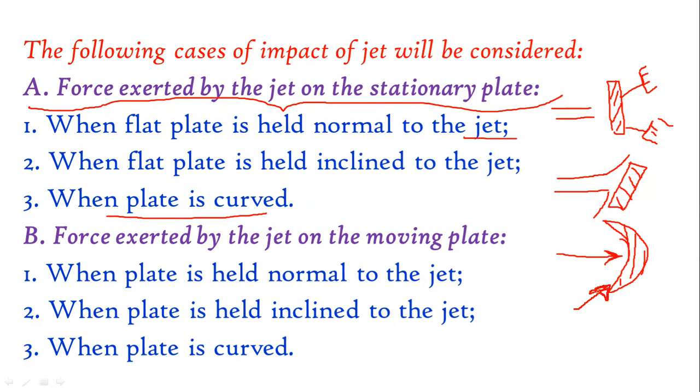The jet struck the plate tangentially on one end and it exited from the other end. And in the second case, we considered that this curved plate was symmetrical. That means if we draw a line through the center, then the dimension of the curved plate above this center line will be equal to the dimension of the curved plate below the center line.